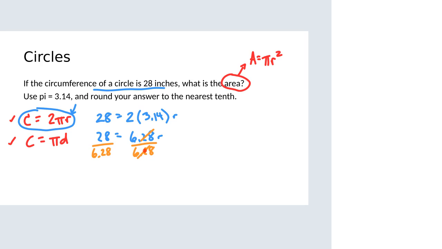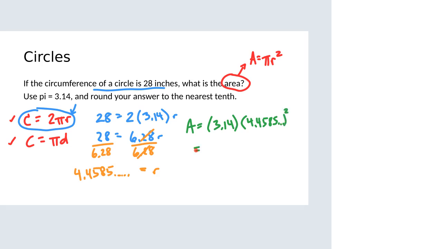Looks like 4.4585, and that keeps going. And that's equal to my radius. Now, I'm not done yet. I'm not going to do any rounding until I get to the very end. So I'm just going to leave that number, 4.458598, which keeps going, sitting there on my calculator and go over and do the remainder of this problem, which is that the area is equal to pi times that radius that I just found, 4.4585